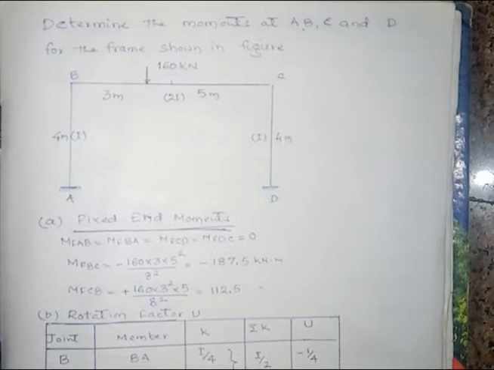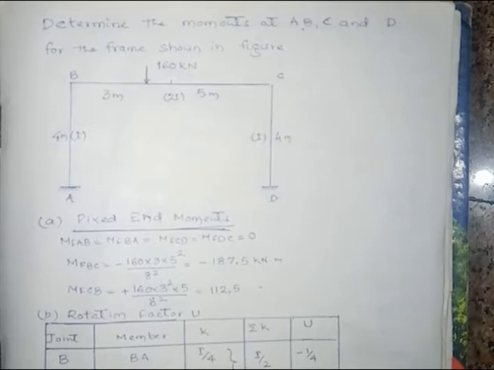Here, by observing, this is non-symmetrical because of the loading, that is eccentric loading on the portion BC, horizontal member. Hence this one is non-symmetrical. There will be a sway towards right side. Only for the vertical members there will be a sway towards right side. First step, we have to calculate the fixed end moment.